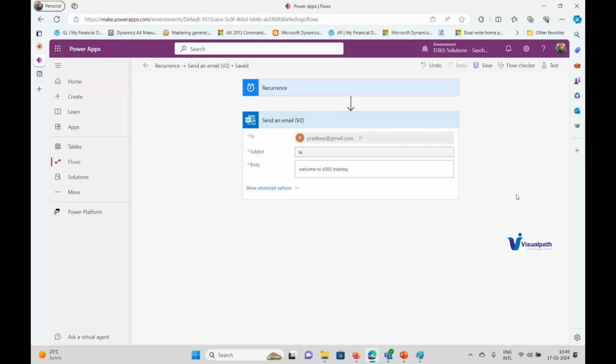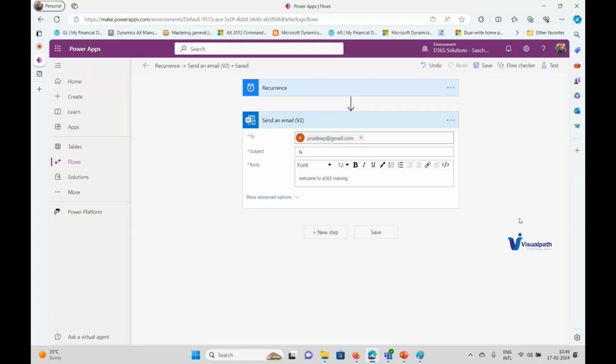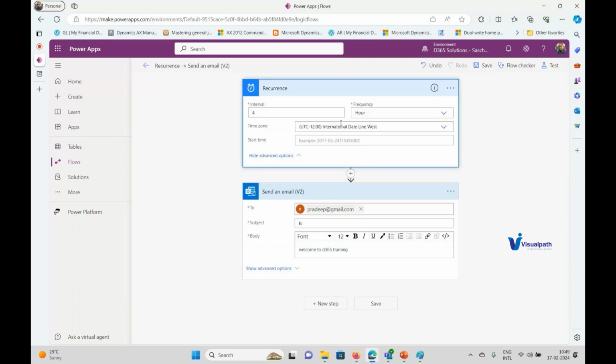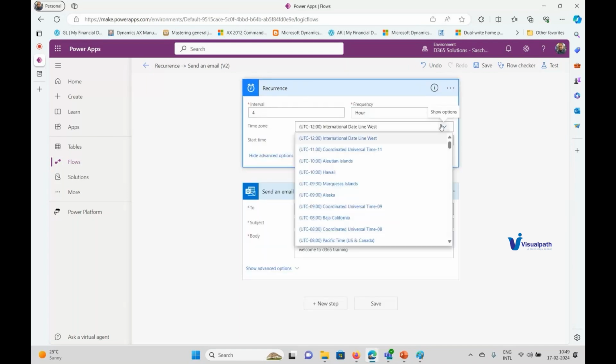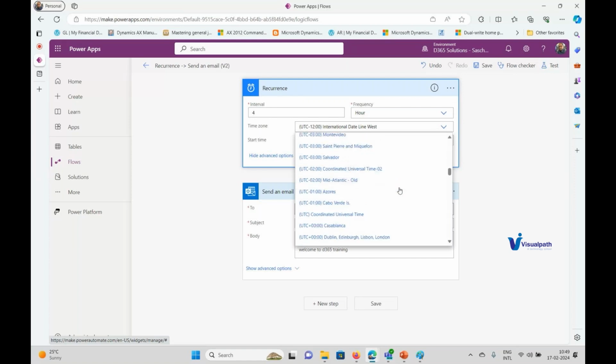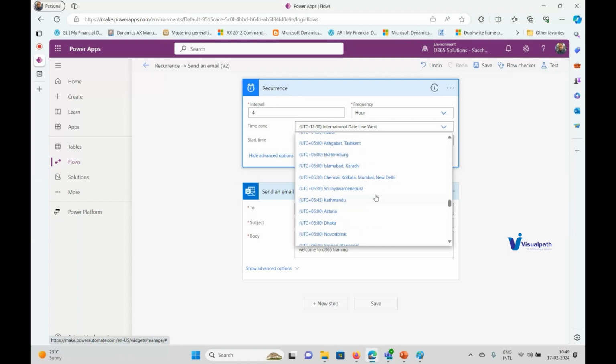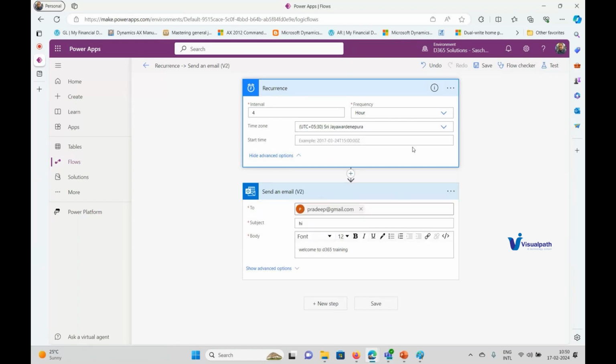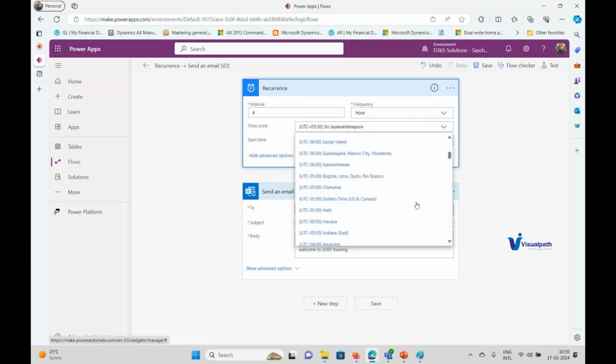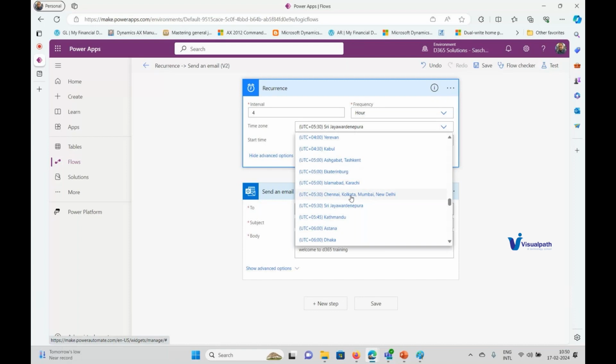It is taking some time to save. Yeah. Then every day, whatever the recurrence, at this time I have just chosen something. Maybe we can choose 5:30.